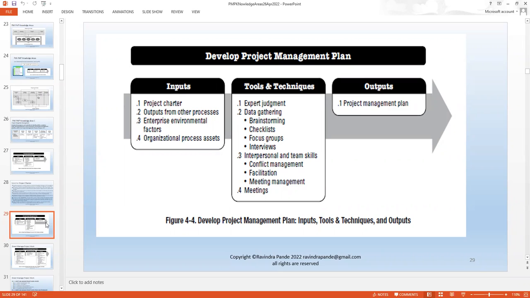What do you mean by buy-in? They should feel that the project is theirs. They are an integral part of the project, and that way they can really work with a devotional thought process, so that the output is at maximum efficiency. And that's the intention of making sure the project manager has the capability of conflict management, facilitation for the team members, and meeting management, or controlling the meetings in a broader sense, so that we don't waste our important time in meetings or discussions